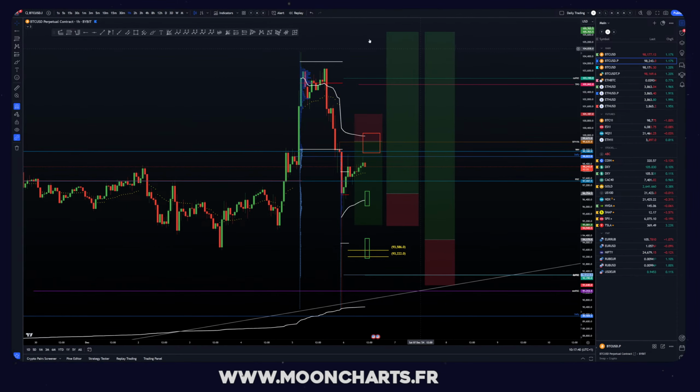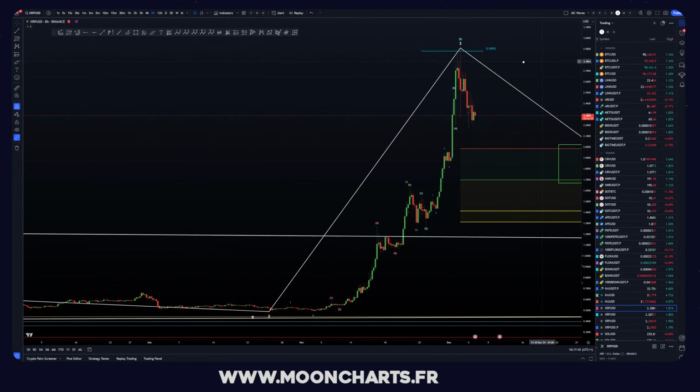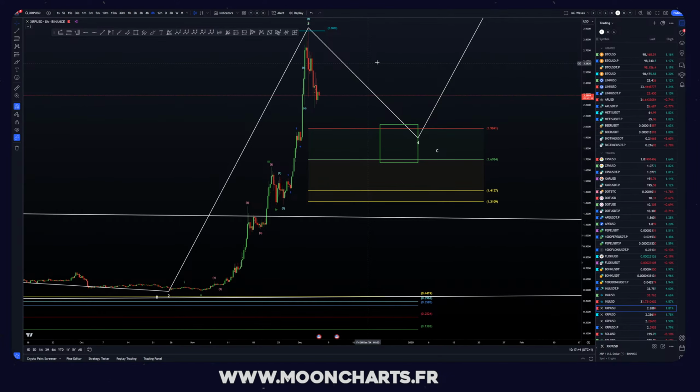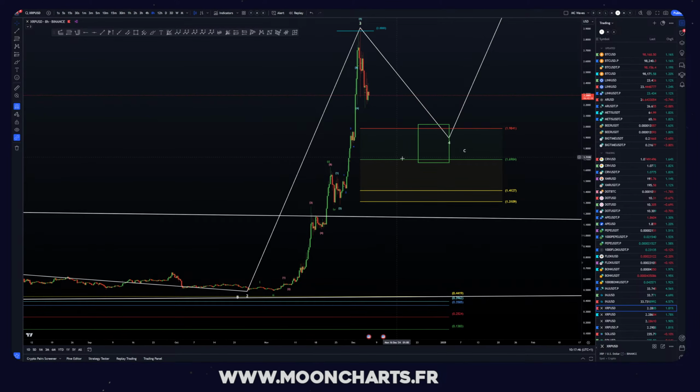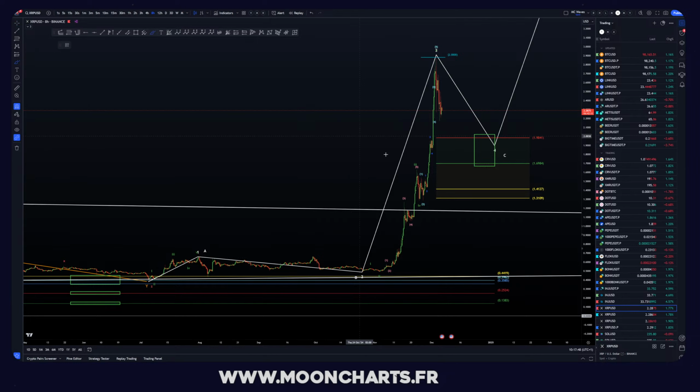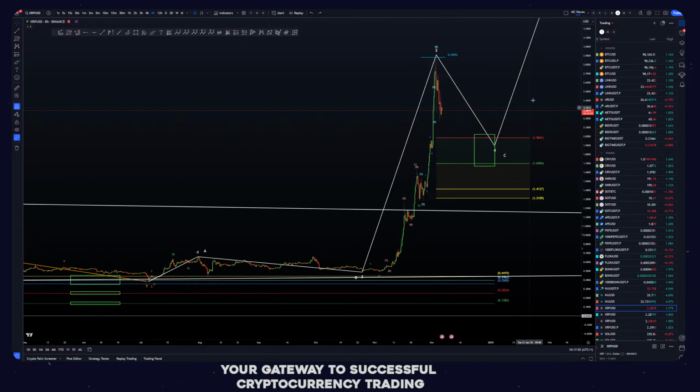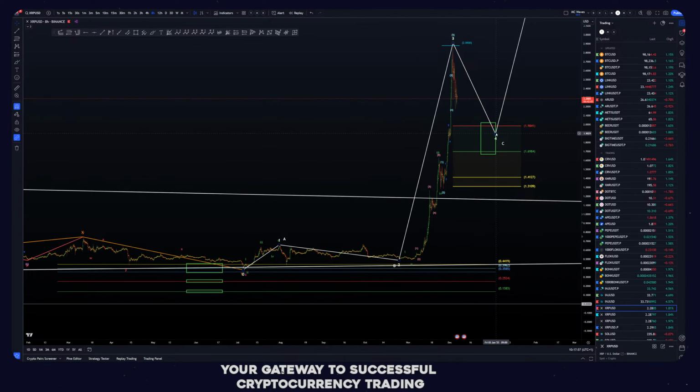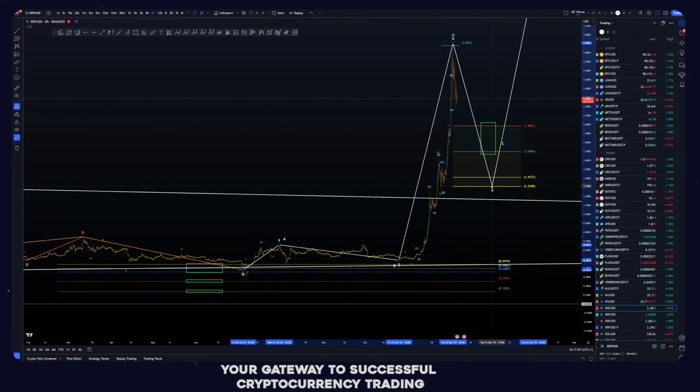Maybe we can go on to the alts. On the alts, we have XRP that is still doing the retrace. If we go more down from here, we have this nice target, the 38.2% level. It can go down here to the 61.8%. Well, it's a bit low, but it's still okay with the levels. It makes sense, not going to lie. And after such a massive push to the upside, it's fine to make a big retracement like that. It's absolutely fine, to be honest with you.